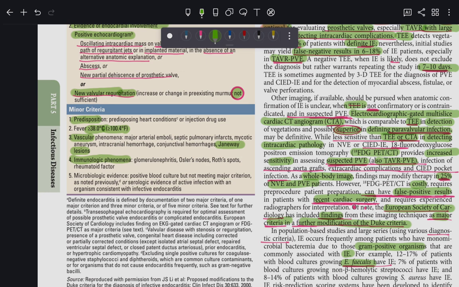Microbiological evidence is a positive blood culture but not meeting the major criterion as noted previously, or there is serological evidence of active infection with an organism that is consistent with infective endocarditis. So definite endocarditis is defined by documentation of two major criteria, or one major and three minor, or five